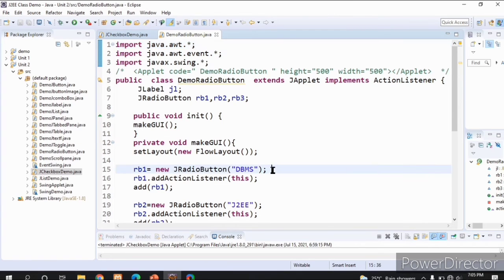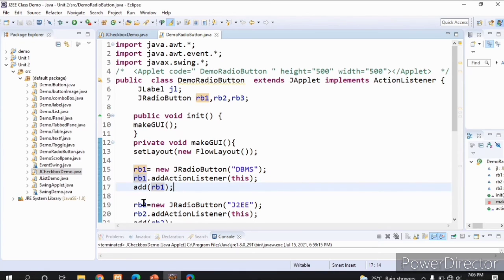I am creating an RB1 JRadioButton. The name of that JRadioButton is DBMS. When I click on this button, it generates the action event, so we need to register that button with the action listener. Next I am adding that to the content pane of the applet viewer.